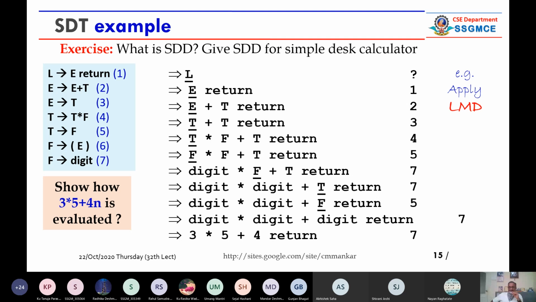So there might be different ways, means you can do RMD also, right most derivation. So in this way we can derive it. You check whether I am doing it correctly or not. You verify it, tally it, send me your remark, whether it is right or wrong. See, 1 means what, 2 means what, that is the application of the particular production rule. Return means next line.